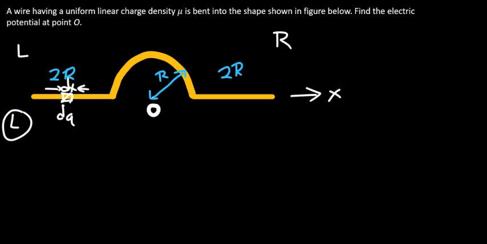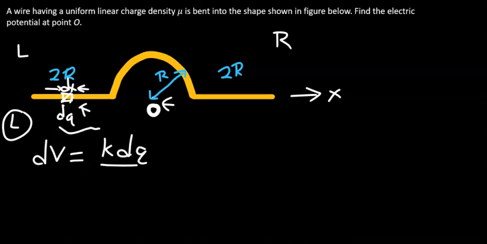So the potential that this dq, only dq, produces at the origin here is given by the following expression. Let's call that potential dV. And that equals k, the constant, 9 times 10 to the power 9, times the charge that element contains